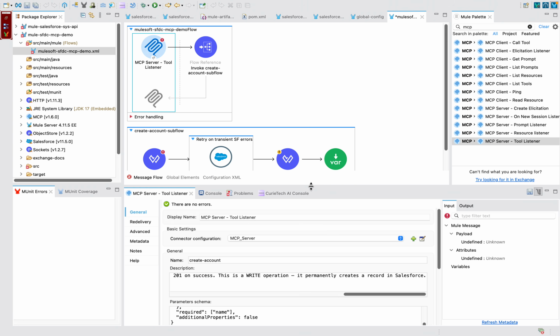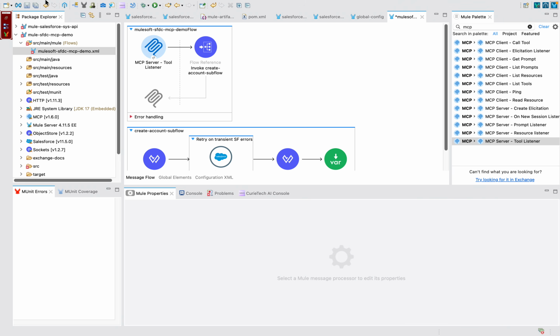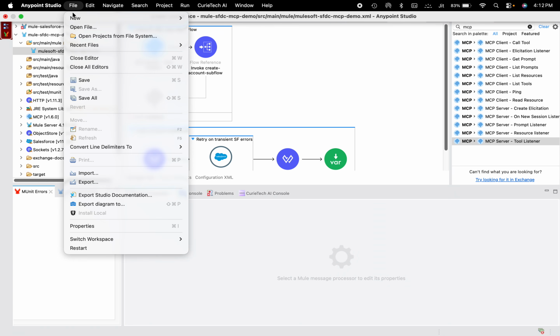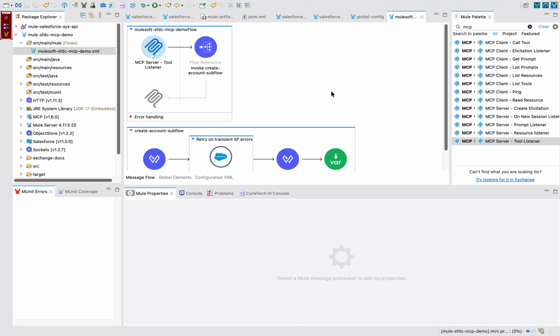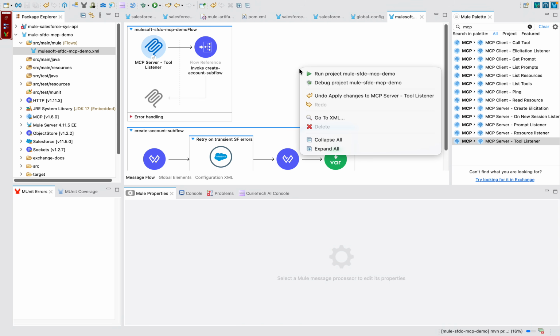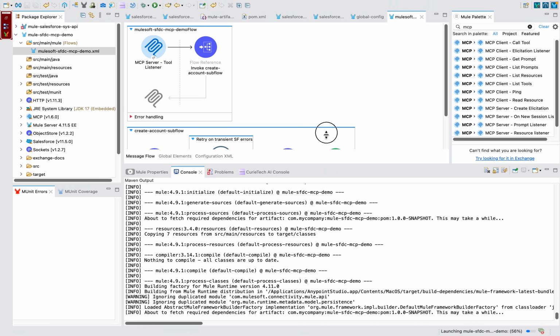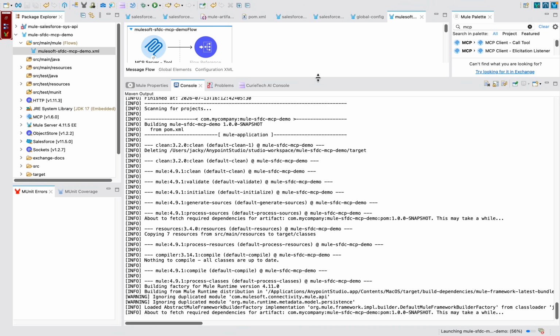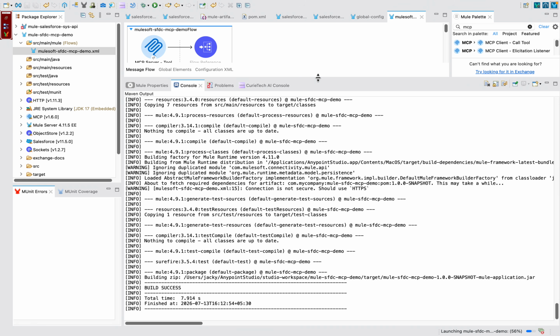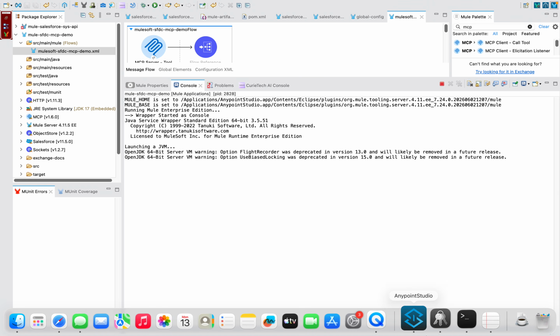Here we just have one tool, which is create account, basically, right? So I will save everything and test it. Once you save all, right click, since the previous instance is running, and restart the application. Once the application has started, we will test it with the MCP Inspector. Basically just run this. Okay, so it is running. Till it gets started, I will show you one utility